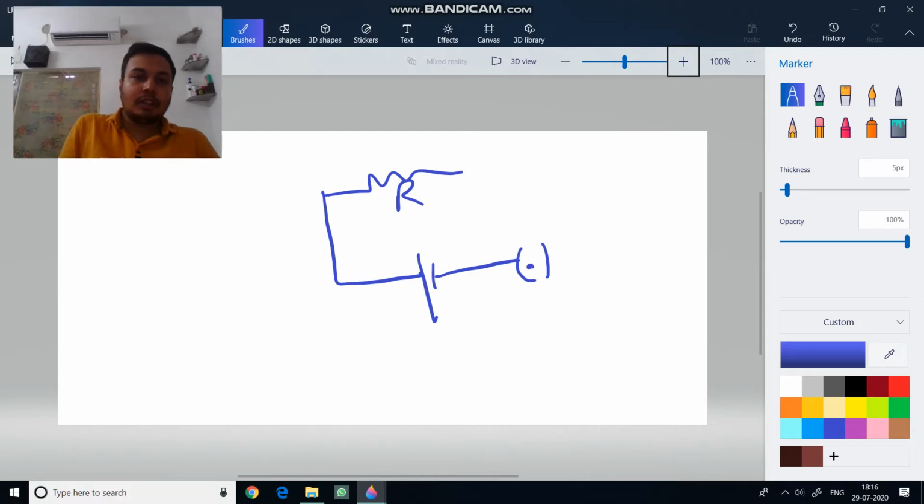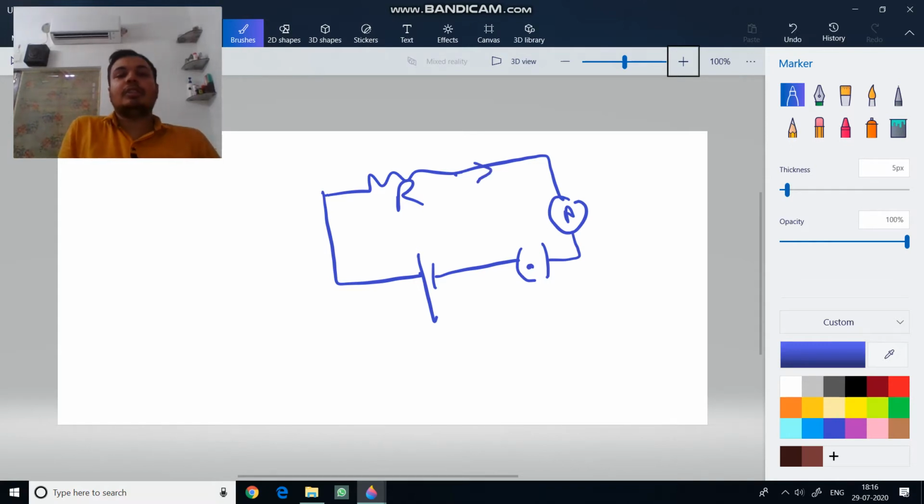If I turn on the key, the current will flow here, and here the ammeter is connected. If I have to measure the current, I will connect this ammeter only in series with this resistance and not in parallel. Why? Because I have told you that current remains the same in series while current becomes different in parallel. So I have to measure current, so it should be the same in the ammeter as it is in the resistance. So it is obvious that you have to connect the ammeter in series with the resistance only.